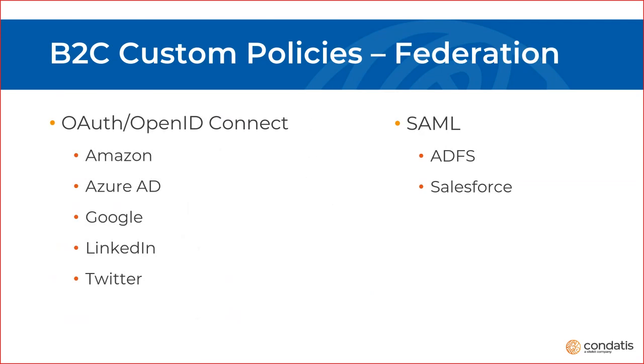Federation, we've talked about a lot. So we've talked about identity providers providing federated authentication requests, trusting another identity provider to return user info. B2C supports using OAuth, OpenID Connect, and SAML to do that. It's got public examples for some of the common providers, but any system that supports those standards can be integrated. So we're seeing here, there's common examples for Azure Active Directory, Google, LinkedIn, Twitter, but we've also done recent integrations for things like NHS Login, which, although it's not in this list, uses OpenID Connect. So because it supports that standard, it just fits in perfectly well.